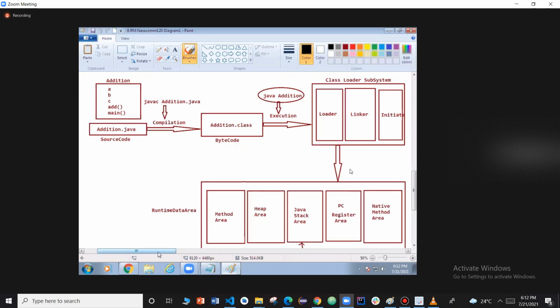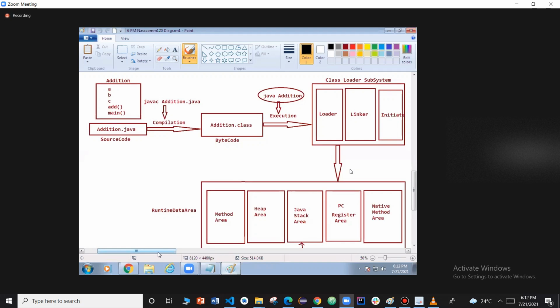After loading and linking are completed, or during execution, loading and linking are performed. Initiate means initialization. It creates one memory known as the runtime data area, and this runtime data area internally has five partitions: method area, heap area, Java stack area, PC register area, and native method area,